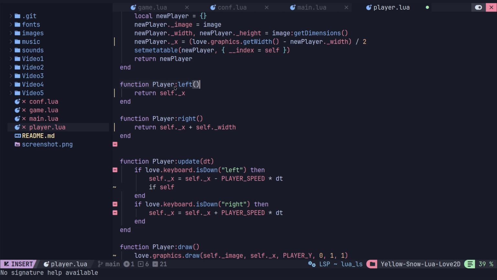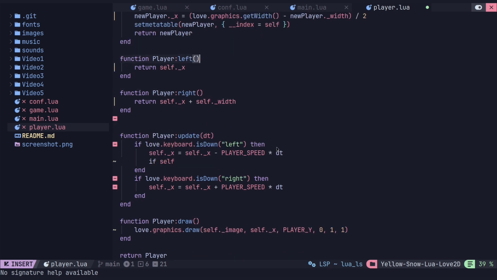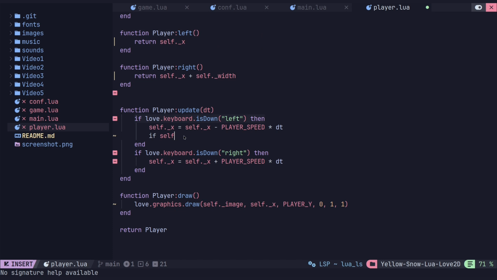So this gives us left and right. And again, the reason why I'm doing this is I'm going to be using these externally later. I'm going to be accessing this information. So internally, I could have just done this, but also there's going to be some math going on, so this simplifies it. So I can say if self colon left is less than 0,